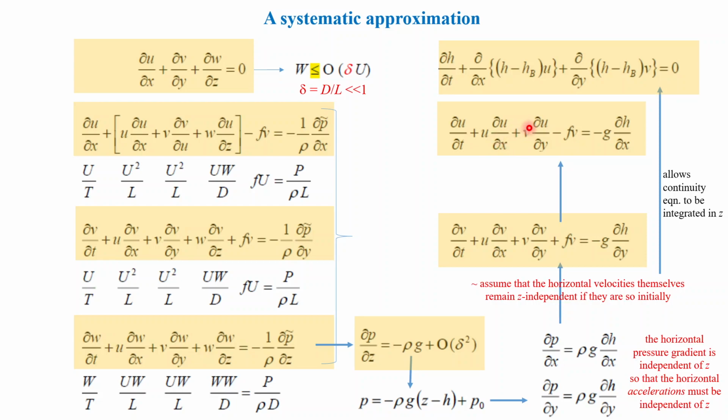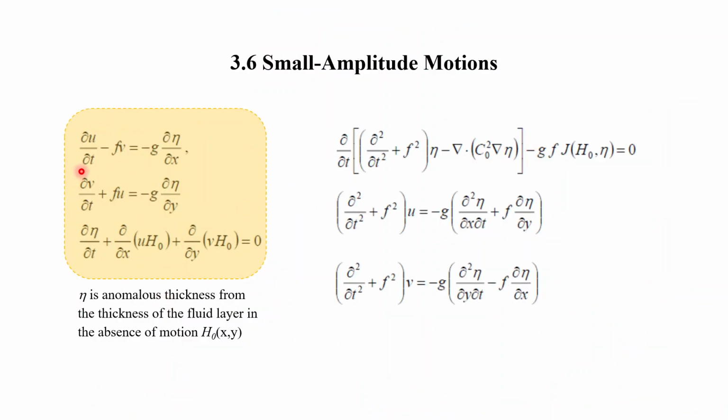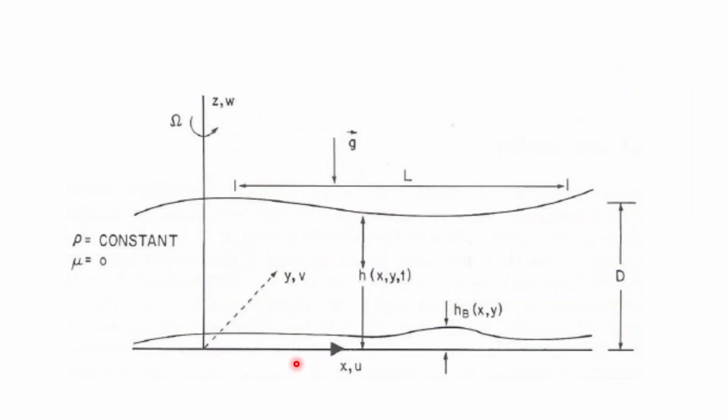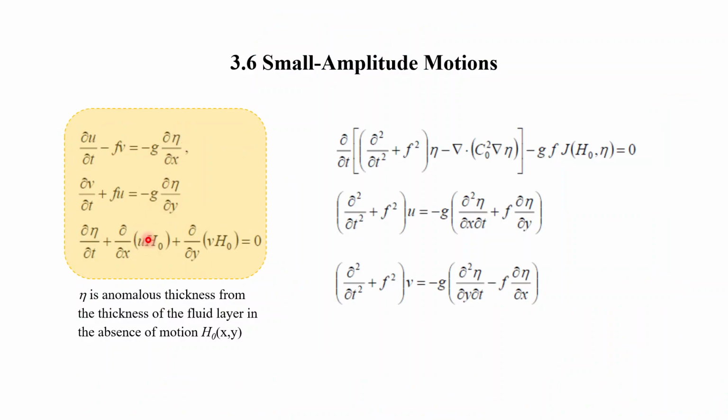Okay, you can neglect them too. So you get a linearized momentum equation as this. So this is the same as the shallow water equation that is derived from the PE equation set. Okay, so that's why we can start from the shallow water equation